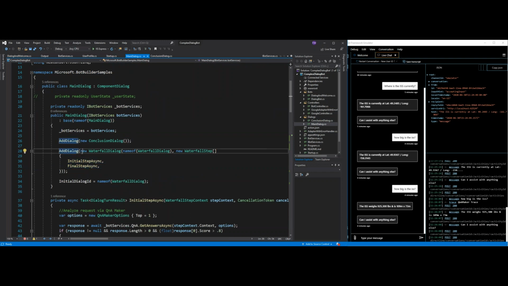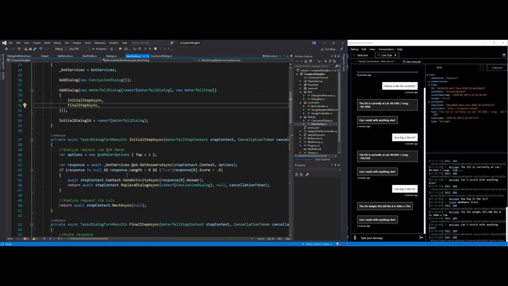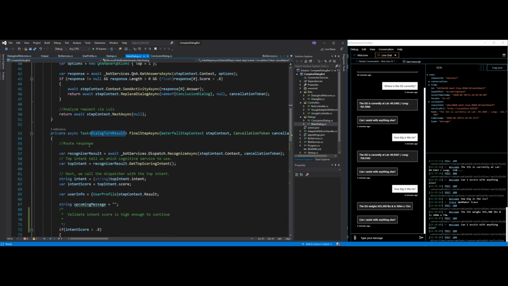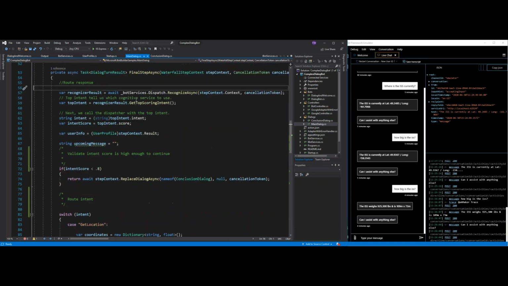When we add a new dialog, we need a new waterfall dialog, and we add these steps: initial step async and final step async. You can name these whatever you like, you just have to make sure they match the name of your actual step. So once it drops through from the next async to the Luis, it's going to call Luis here under bot services dispatch, and it's going to recognize the context of the prompt response, and then it's going to get the top intent here. So recognize result get top scoring intent is going to pull that top intent,